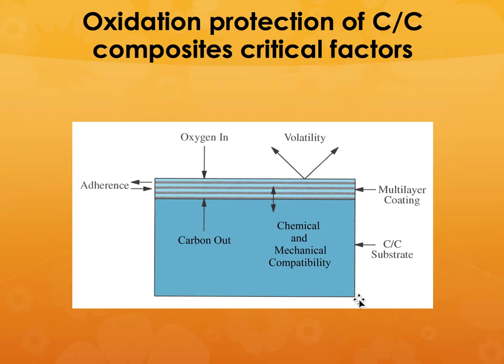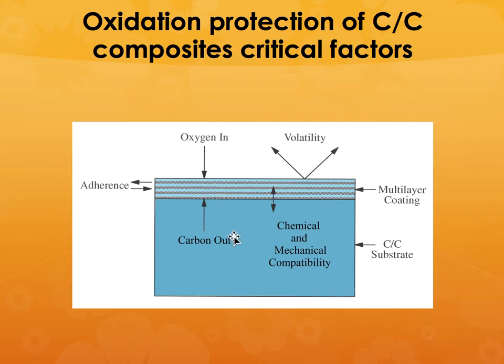Now, if you have carbon-carbon, I don't know if you know this or not, carbon by itself in an oxidizing atmosphere will burn at around 400 degrees centigrade. So if you have to use these materials in an oxidizing environment, then you have to put what is called an oxidation protection coating. And this you have to do even in the case of other ceramic composites, say silicon carbide composites. And the reason is because when oxygen comes in and starts burning,